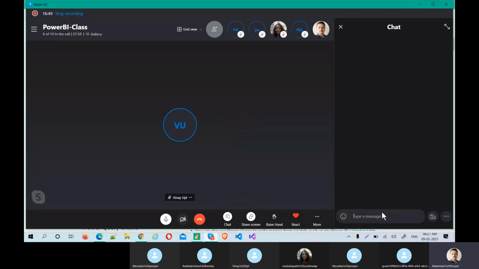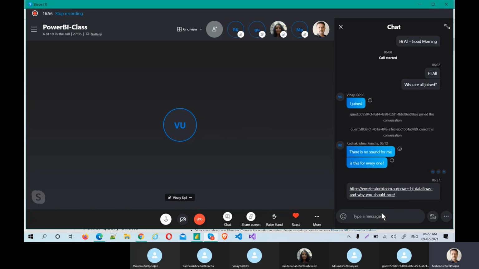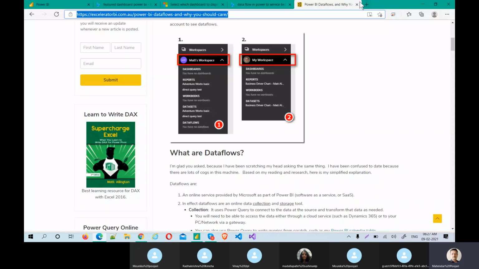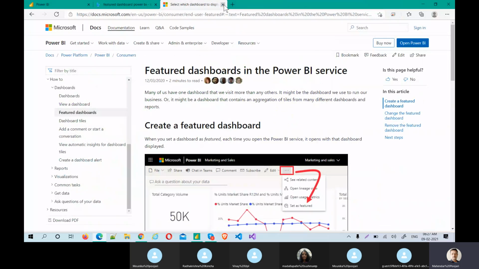But now this is not the actual one. We will start the actual project now. This is one of the blogs to understand data flow. But I'll tell you before you go, so that you will get and understand more about this.